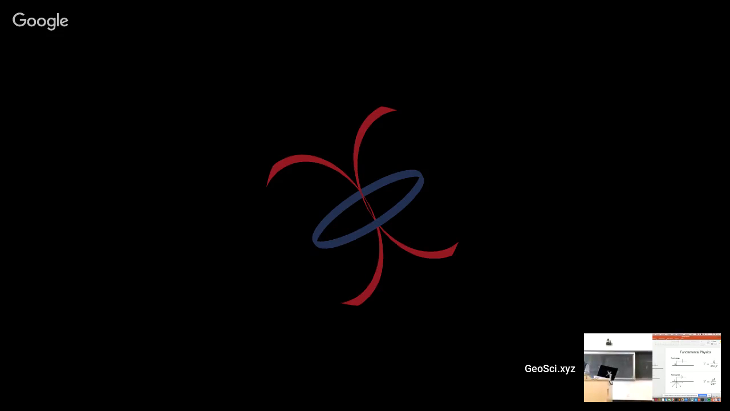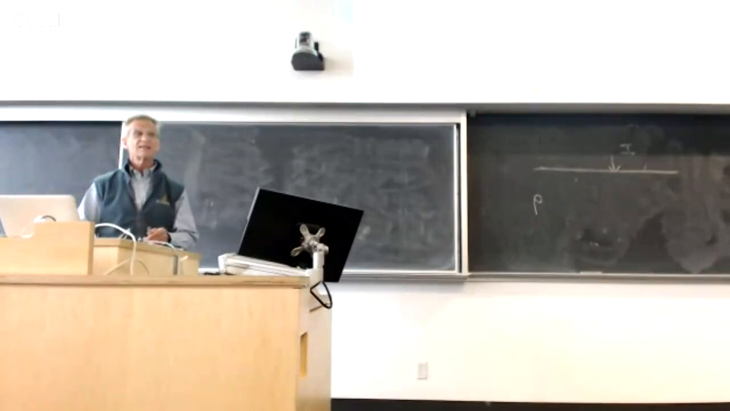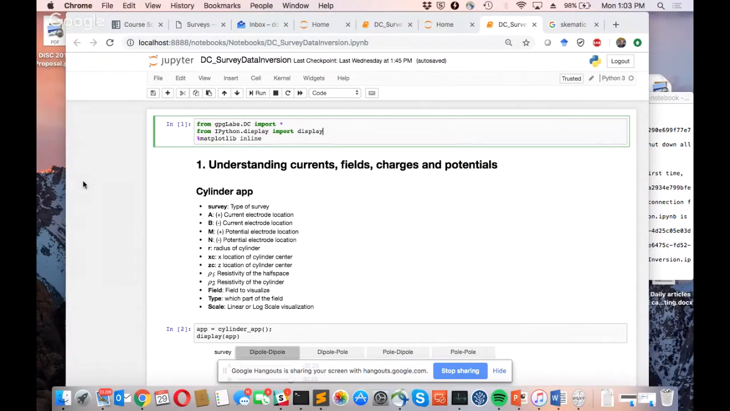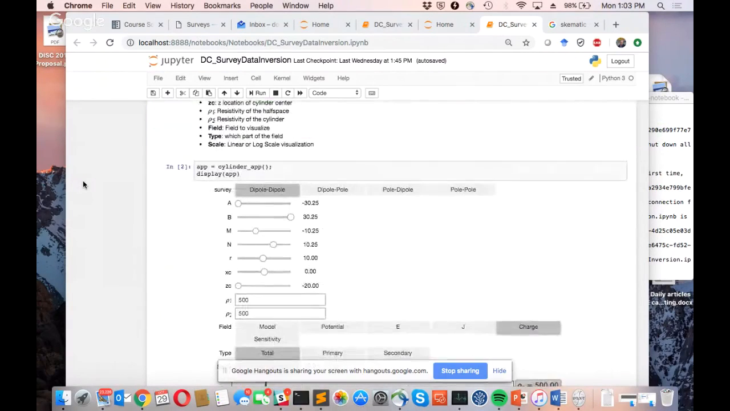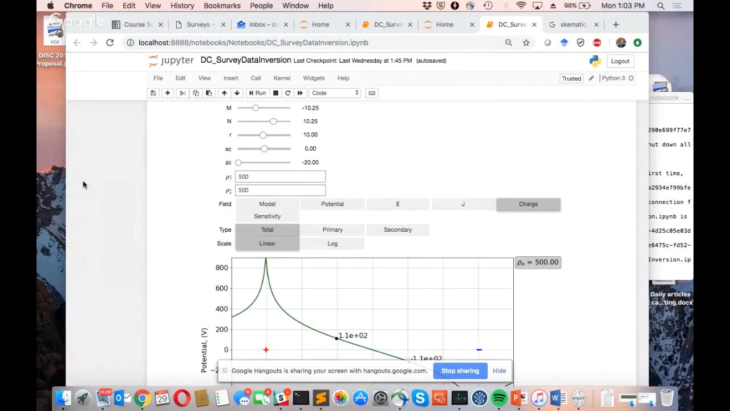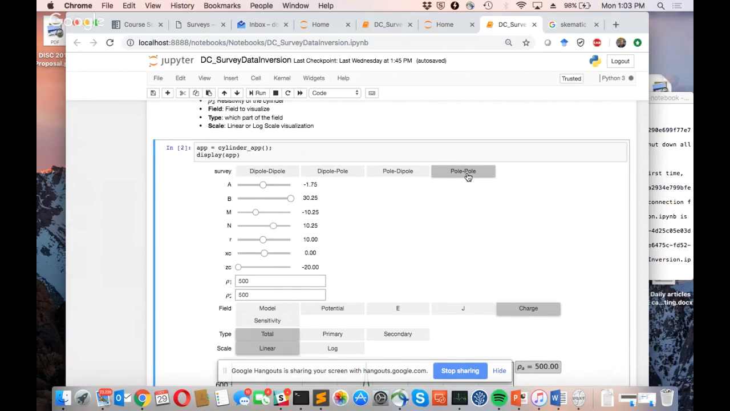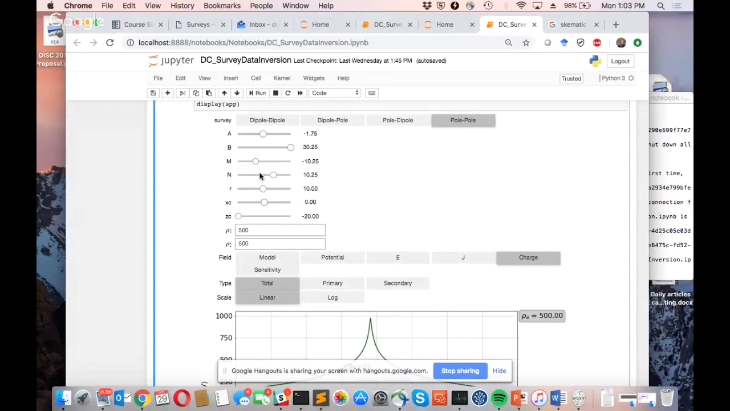is to work with the app as far as just a background. This is the same app that you're going to be using in the lab this afternoon. And the first thing that we're going to do is to kind of look at the currents. Get them all on here. So let's just look at a single current. So we're just going to have an A electrode, and we're going to put it, let's say, in the middle, and we're going to look at just the electric potential